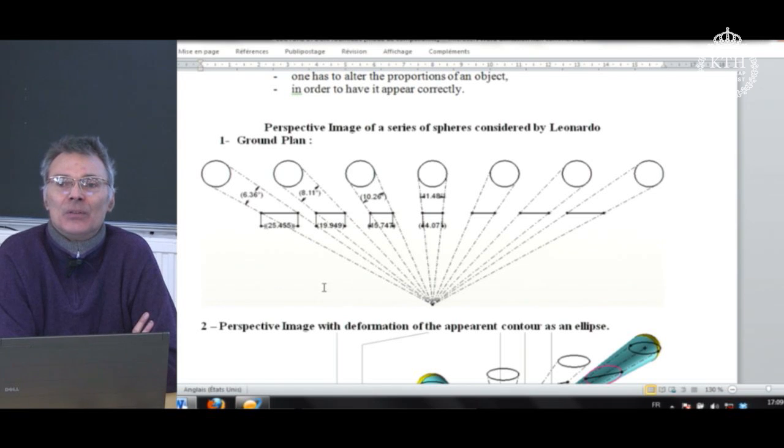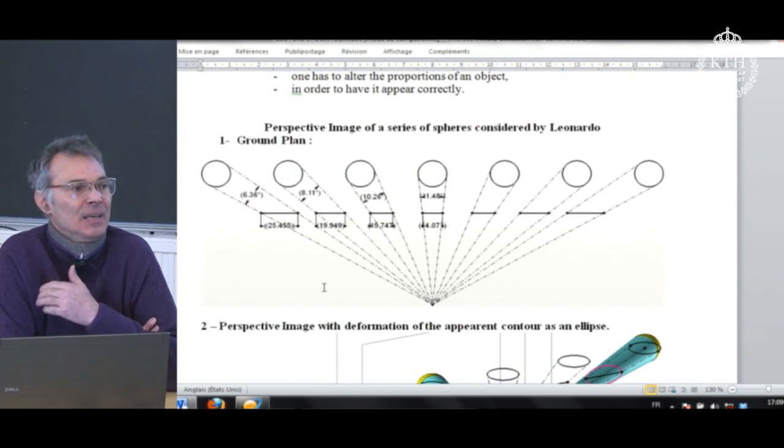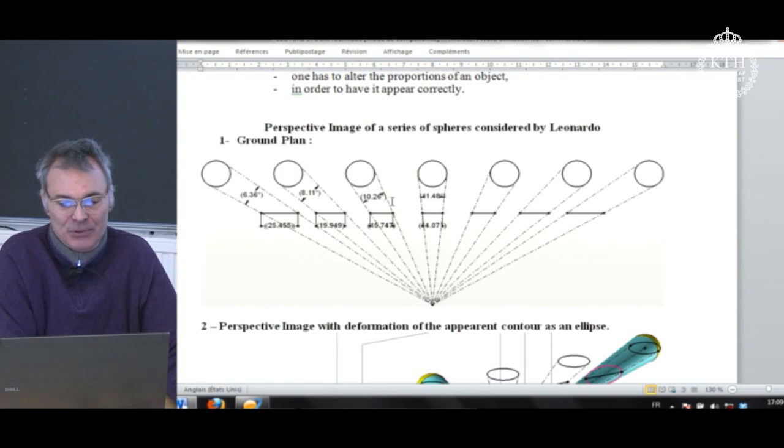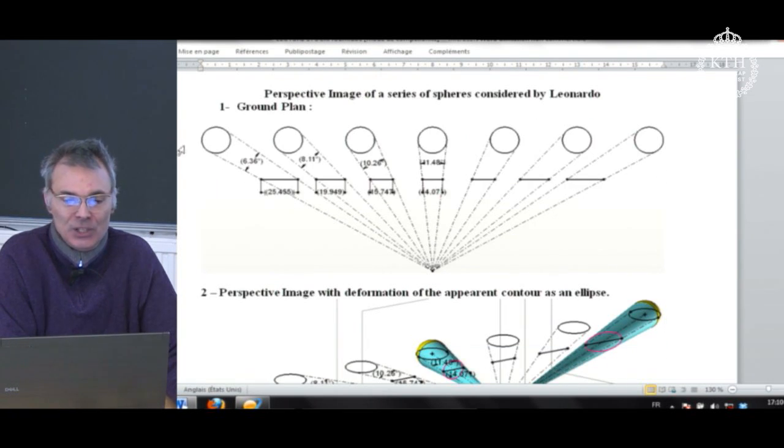Already the Renaissance perspective, but still the optics of antiquity. And I think it's very important to see that history is not progressing at a regular pace. There is constantly superposition, well, survival of the past and anticipation of the future. And for instance, if we take Leonardo da Vinci and the representation of a series of columns from an observer